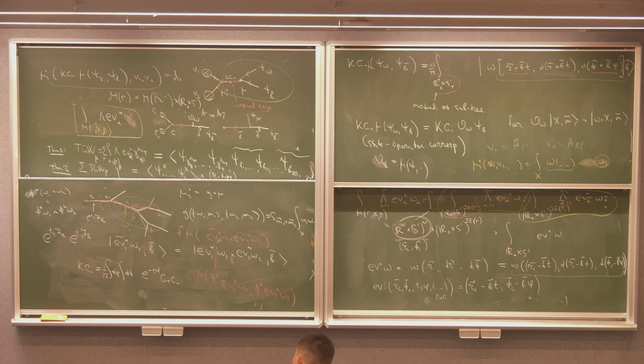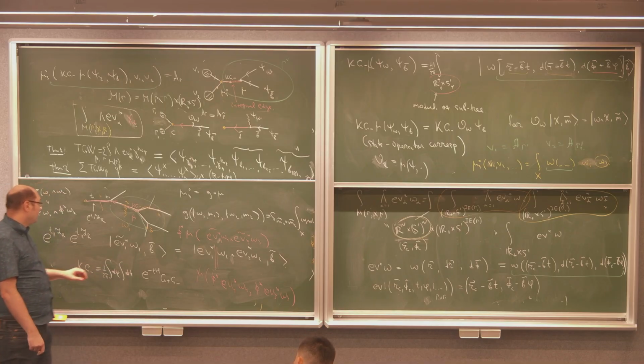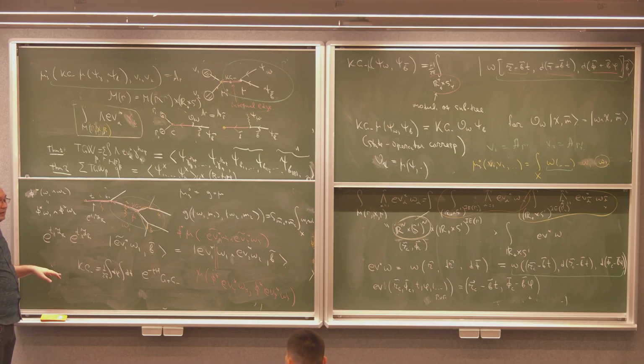So the method is the same: we need to carefully reinterpret e to the kh and the g plus part, g plus dt part, as two bits of a single pullback of some evaluation map, and then we need to repeat this procedure till we reach some